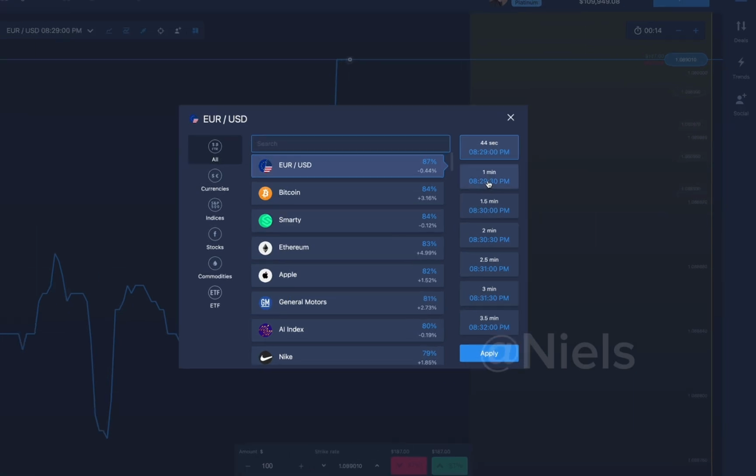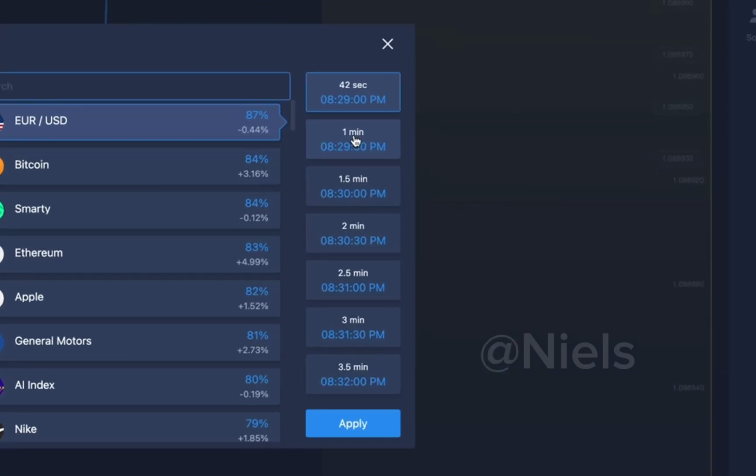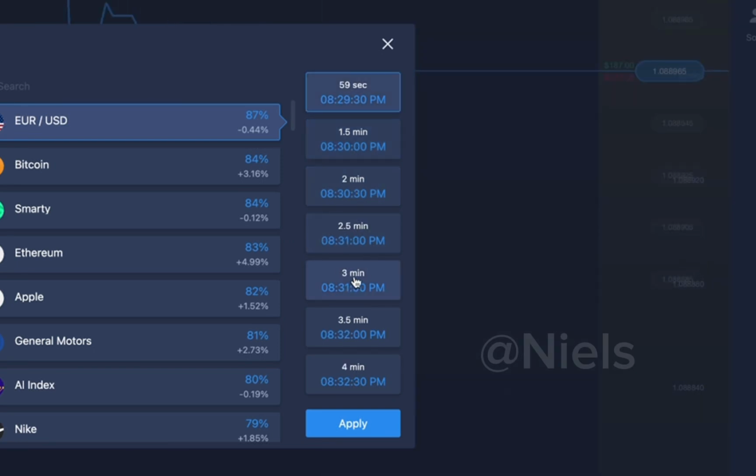And right here is the time frame that you want to trade. For the trade we just did, it was for a few seconds. This is 1 minute, which means the trade is going to last for just 1 minute. This is 1 minute, 30 seconds. This is 2 minutes. And it depends on your analysis, which is something you are subsequently going to be learning